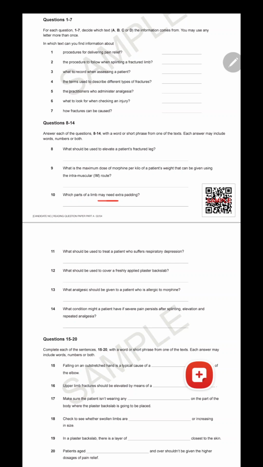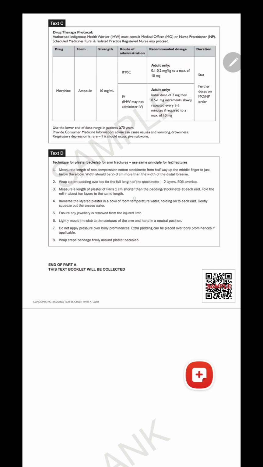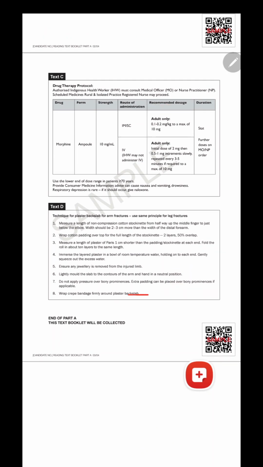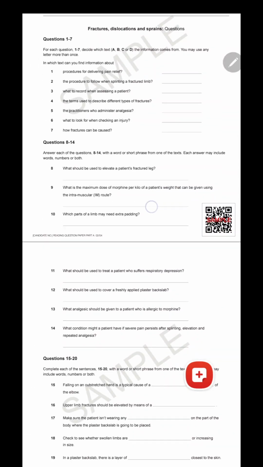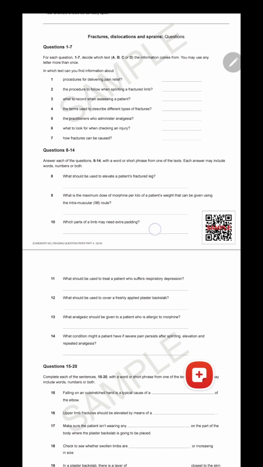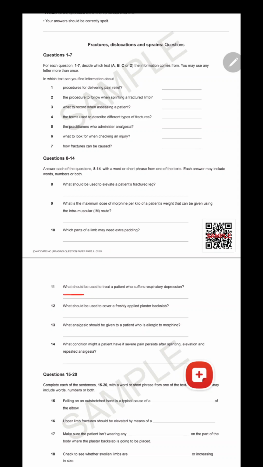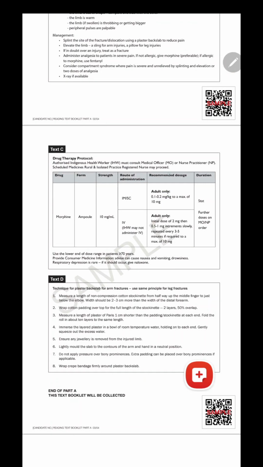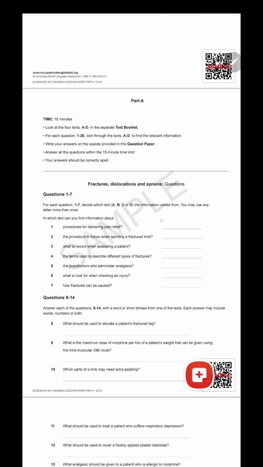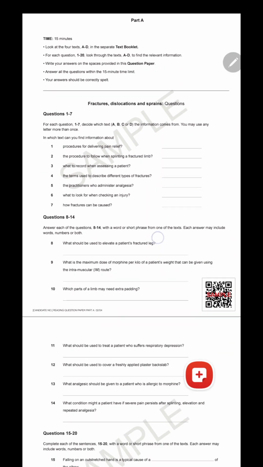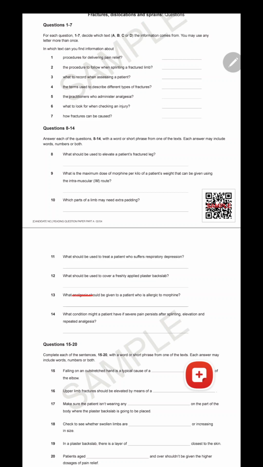Then we can see which part of the limb may need extra padding. Extra padding, we remember it was in Delta. So we can find the extra padding, and this is the answer. We can write it down over here. Moving on to the next one now. You can see there, what should be used to treat a patient with respiratory depression. So remember naloxone was the answer, but we can see quickly this is the answer. We can write it down over here, and we can see that the next question would be,